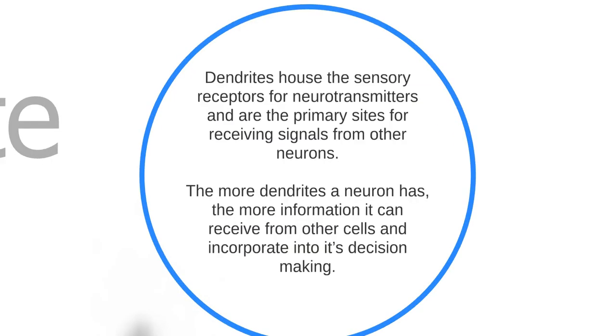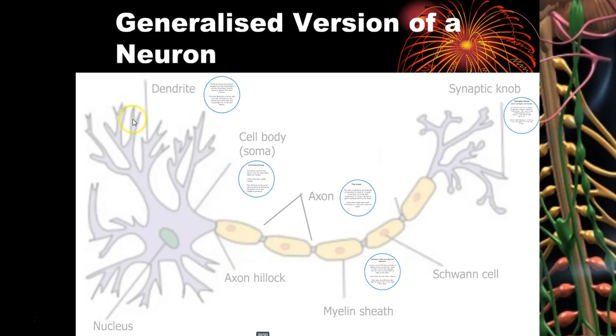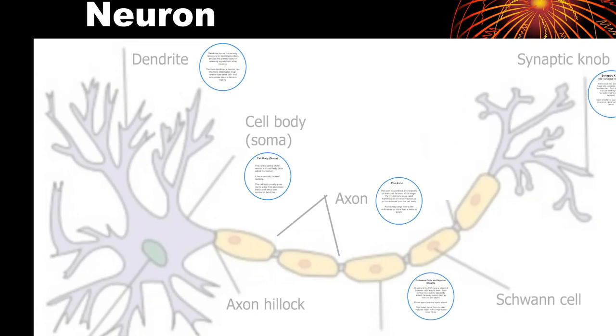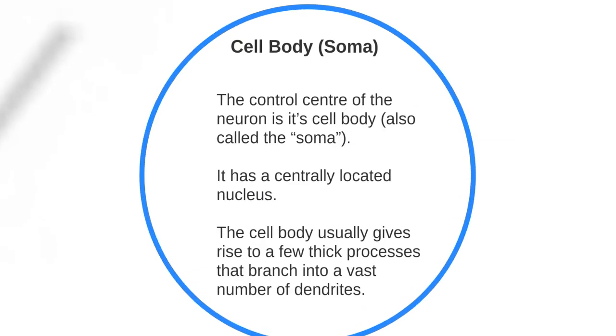The dendrites, as I said, are where the sensory receptors are, and basically they receive the signals and then pass on that information in the form of electricity. The more dendrites a neuron has, the more of these little antlers, the more information it can pick up, and the better the feedback that the central nervous system gets about what's going on. Those little impulses are sent down the dendrites and congregate in the central head of the